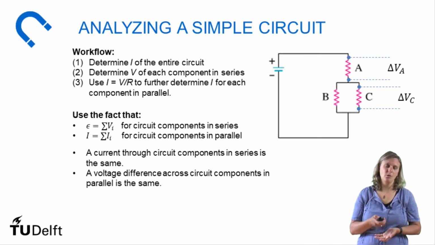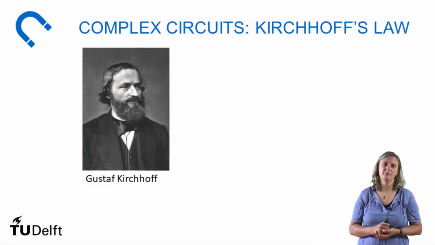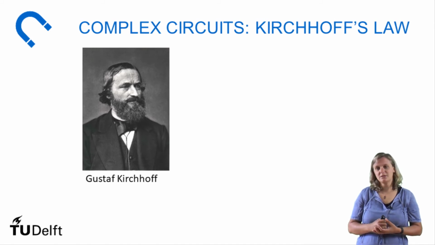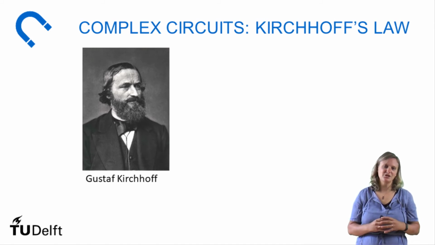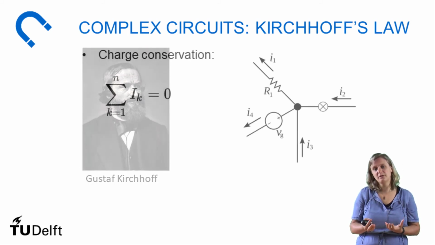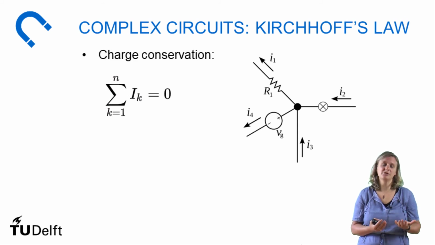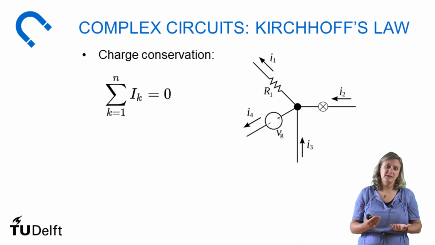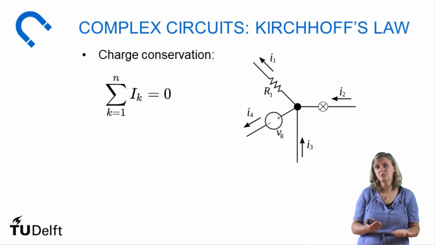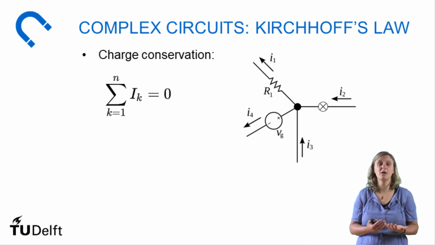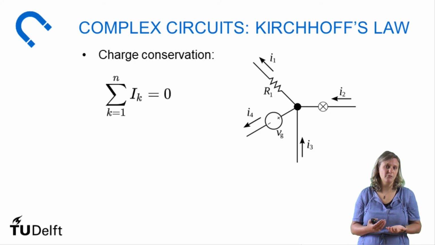However, things may become more complicated, and this is also what Mr. Kirchhoff realized. And Mr. Gustav Kirchhoff is a very interesting guy. He also lived in the 19th century, but he was ambitious. So only when he was 21 years old, he was still a student, he phrased Kirchhoff's law. What Kirchhoff's law basically realizes is charge conservation and says basically the sum of all currents going into a node always has to be 0. And that means there cannot be charge created at the node or charge lost at the node. And this is a very powerful relationship you can use to solve circuits.